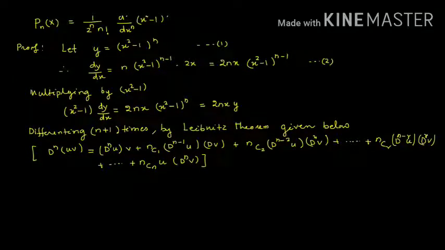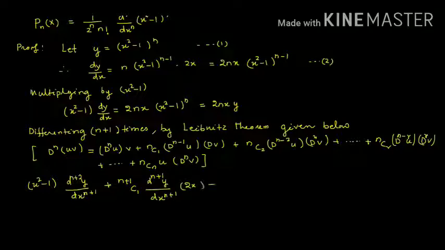We get x square minus 1, this is one function, then derivative n plus 1 times of dy by dx, that means that is dn plus 2 y by dx n plus 2, plus n plus 1 c1, reduce one derivative, that is dn plus 1 y by dx n plus 1, then derivative of x square minus 1 with respect to x, that is 2x, plus n plus 1 c2, then reduce one derivative, that is dn y by dxn, then derivative of 2x, that is 2,